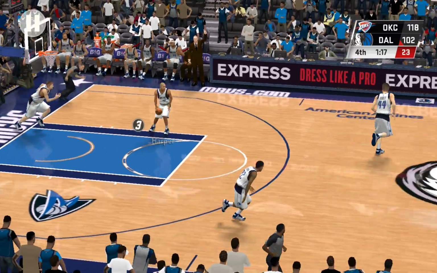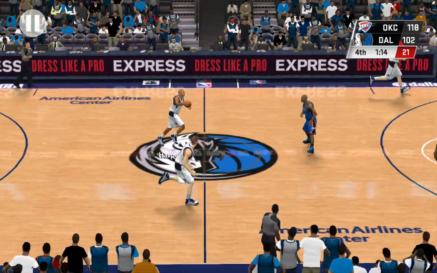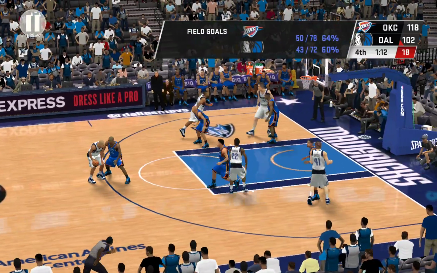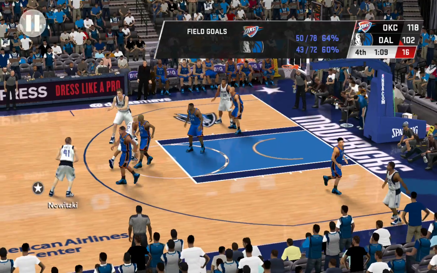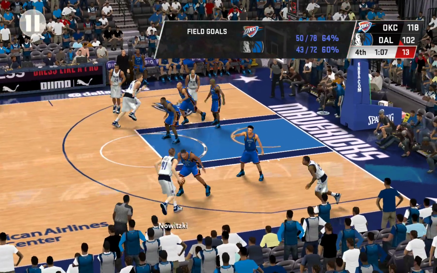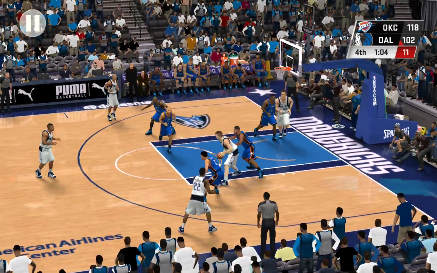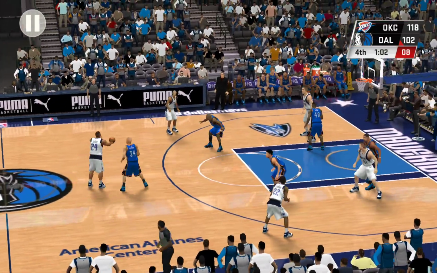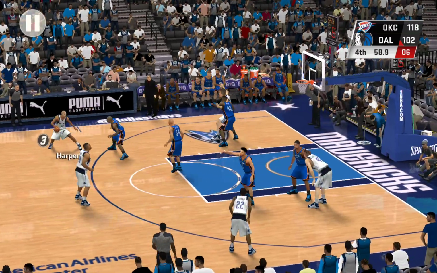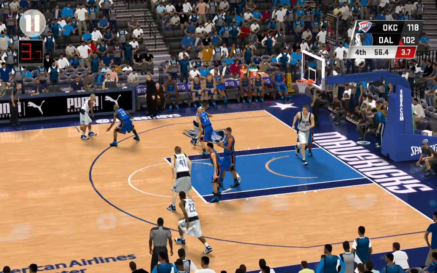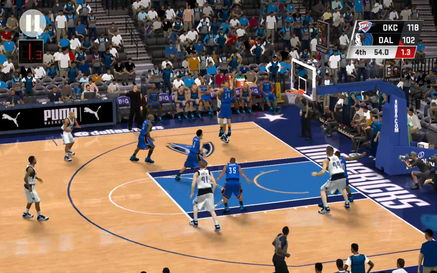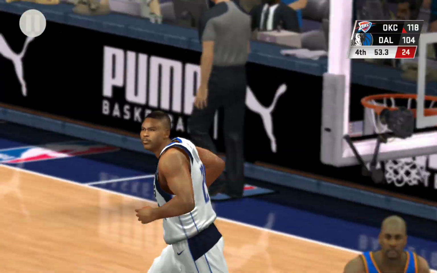Again, the Thunder score. Here's Harper. Back to Nowitzki. Here is Aguirre. Here's Harper. Just 4 to shoot. Pass to Aguirre. And Dallas again with the bucket.